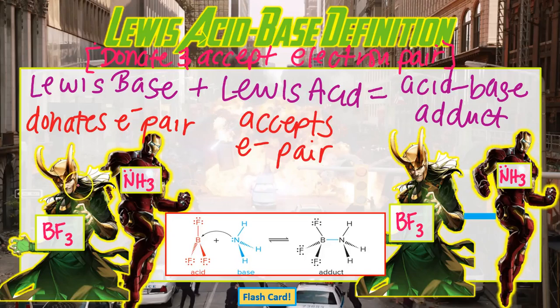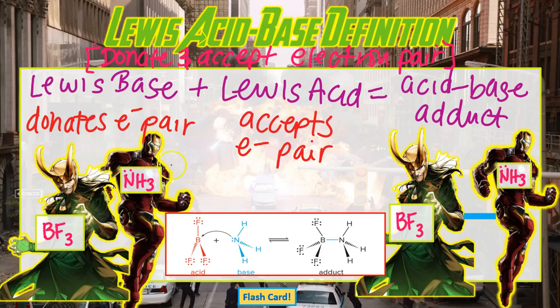Right, folks, we have made it to our last definition of acids and bases, which is going to be the Lewis acid-base definition. And this is all about the donation and acceptance of an electron pair to form a brand new covalent bond, which we saw before in chapter 19 is called a coordinate covalent bond when forming complex ions, okay? And so a Lewis base is going to donate an electron pair, very similar to NH3 Iron Man like